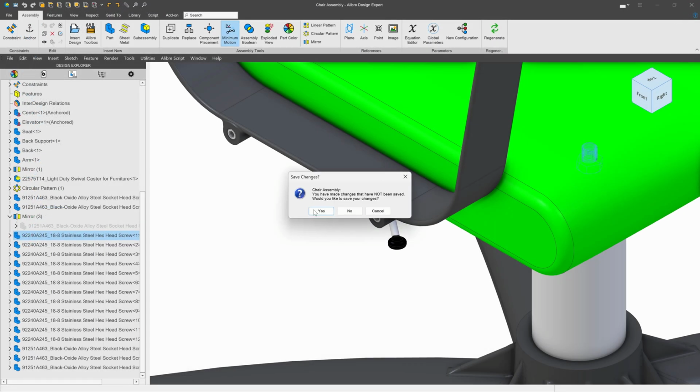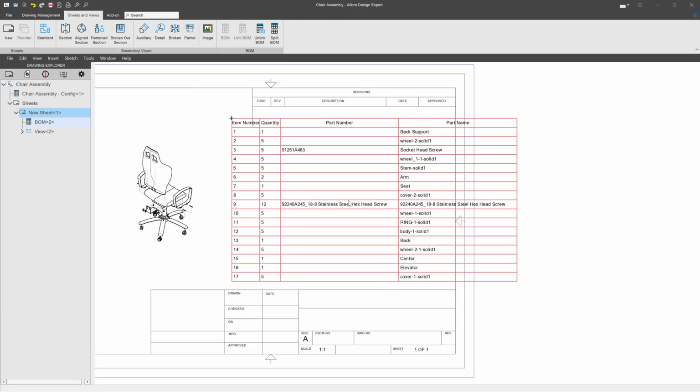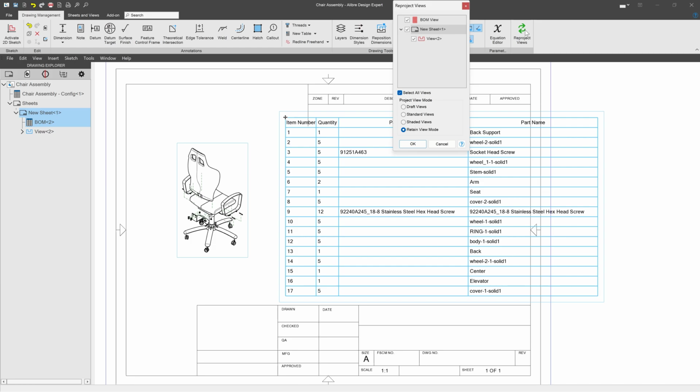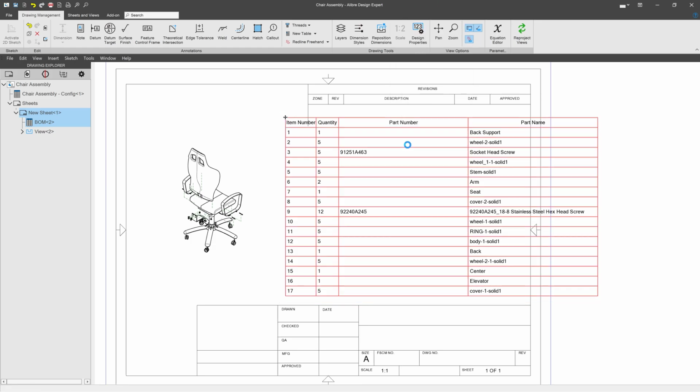Close again. Now with our save changes, we might want to use our drawing to capture some of the changes that we've made. So we'll go to Drawing Management and Reproject Views. And there we can see that our part number is now edited. So we can edit the properties that show up on the bill of materials from the part directly, or we can just edit the bill of materials